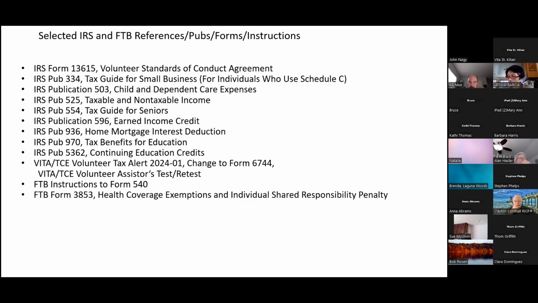And then another thing that I've mentioned before on that volunteer standards of conduct, your phone number is important, because sometimes your site coordinator needs to call you to tell you, hey, we need you, or no, we don't need you, or something's changed. And so I always recommend to volunteers to provide their telephone number, and that way your site coordinator can call them if need be, or text them.